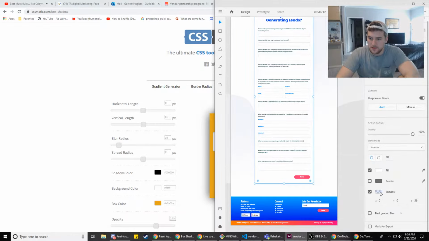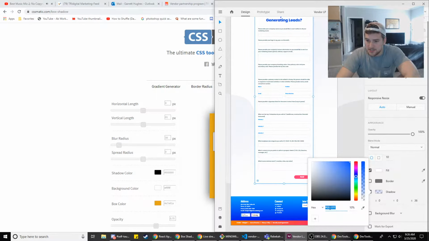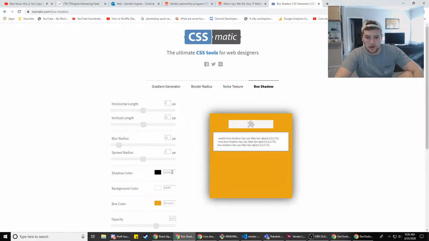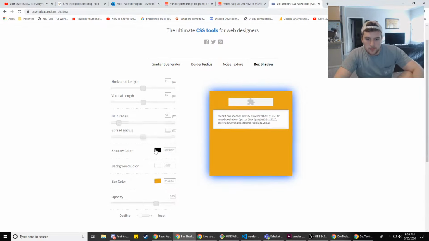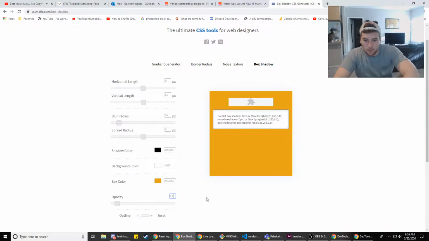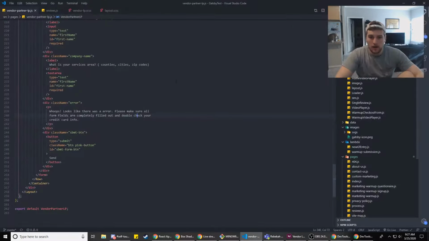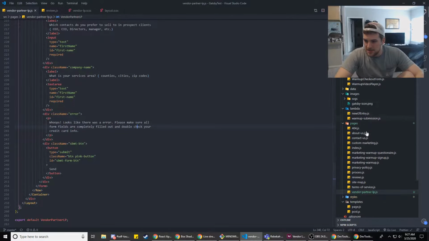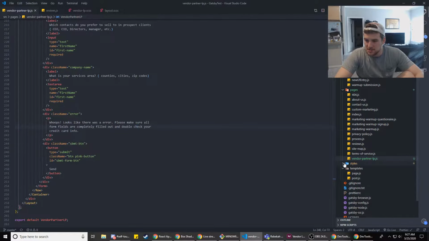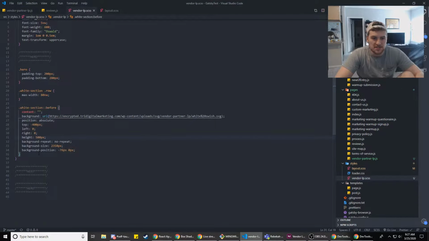36, and the opacity is 10% with this weird color right here. Where's opacity? That needs to be 1, so it's just like a barely noticeable shadow. And we're gonna make that 36 so that matches right. Why is that not 0? I set that to 0. There we go. Now we can just copy this stuff, and then in our code over here, we're gonna go down to, where's my styles? There we go. Vendor LP CSS.